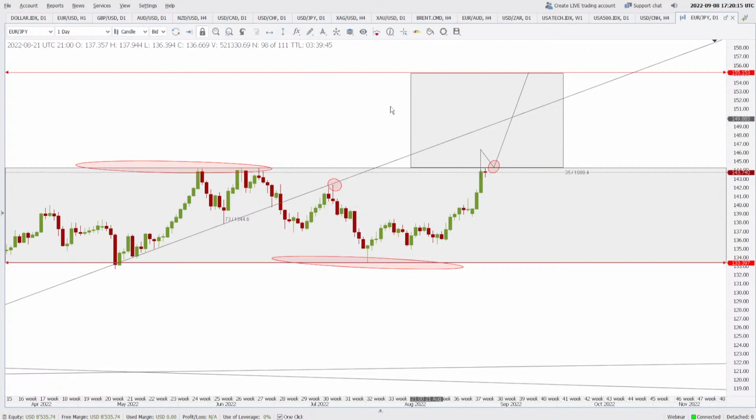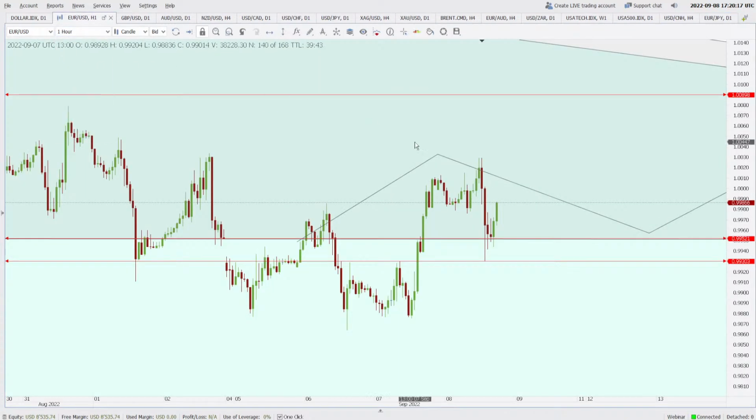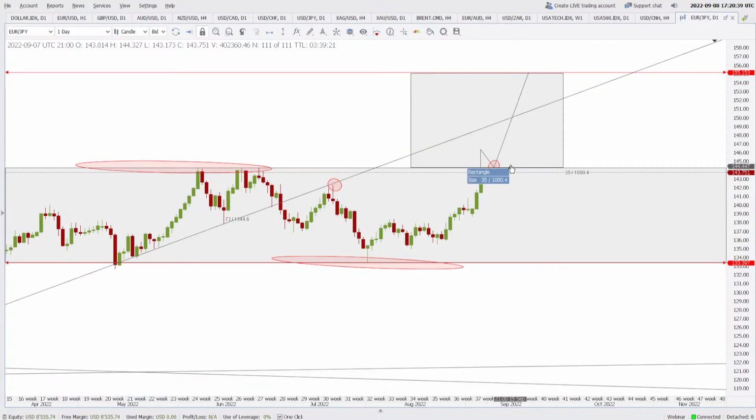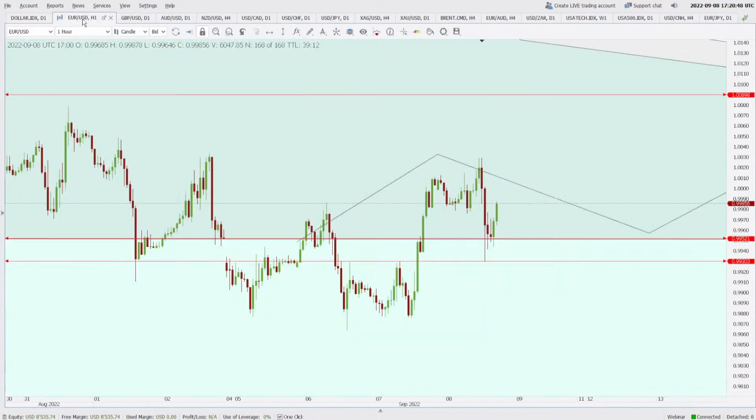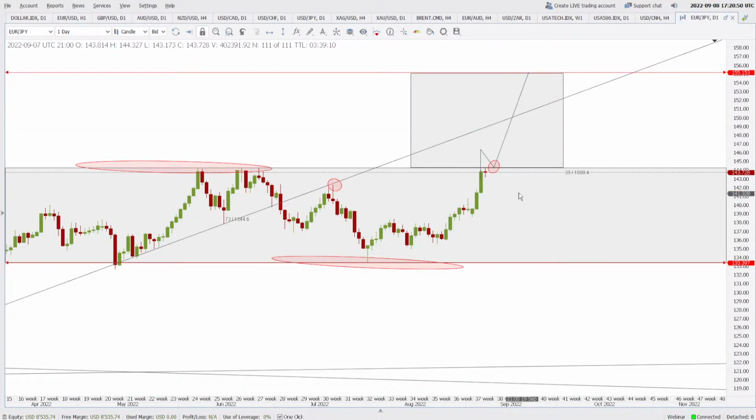Why? Because Euro is taking support at 0.9952. The interest rates have been hiked, as my friend is saying. That means the bigger scenario, or you can say the hawk eye view, is that Euro is going to rise. If Euro is going to rise, it is going to rise against the yen also, and everything is rising against the yen. Then why not Euro? So when Euro starts rising against the Japanese yen, it may eventually break out of it.